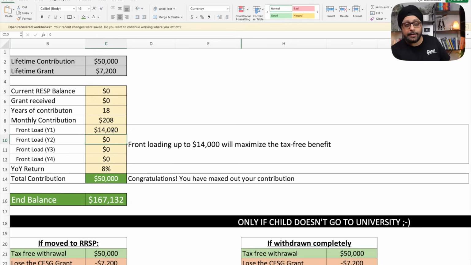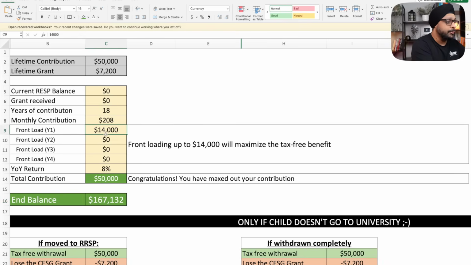And you're only getting the grant for $500, which is fine because you're not going to get the grant on the $14,000 anyways. Like I explained, it maxes out at $36,000 of contribution. So you actually are better off doing the $14,000 upfront, and that way you can actually end up with $167,000 in your RESP. That's the beauty of compounding the $14,000 upfront.